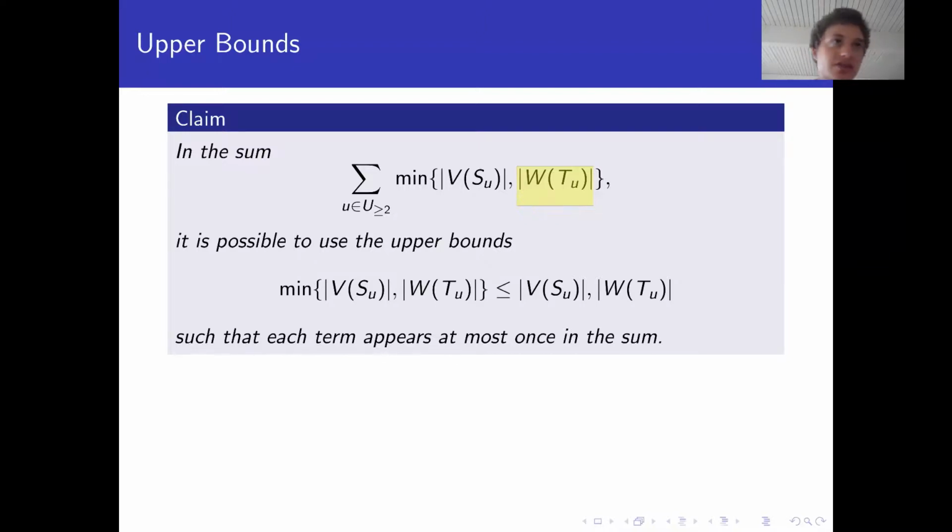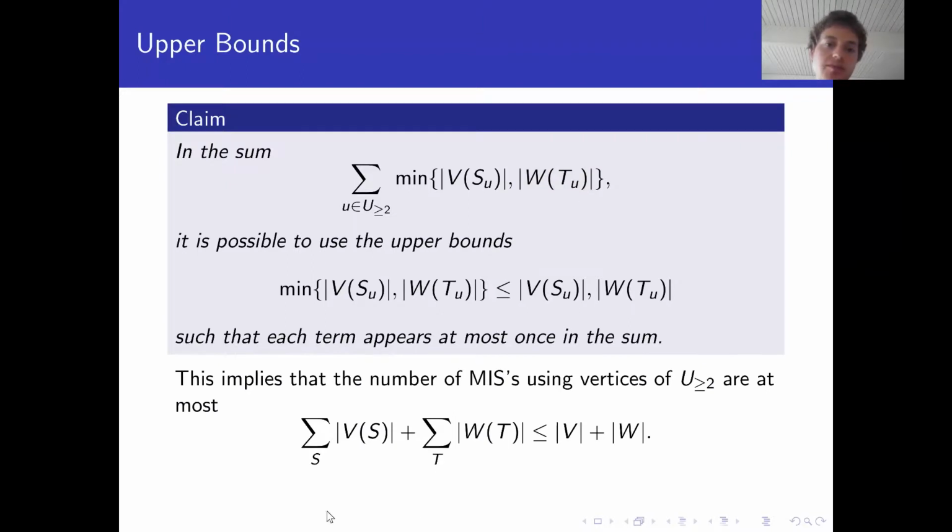Each would have to appear roughly 99 times. But it turns out that because of the extra structure in this problem, you can make it so that V of S U appears at most once and W of T U appears at most once, even if they appear in multiple